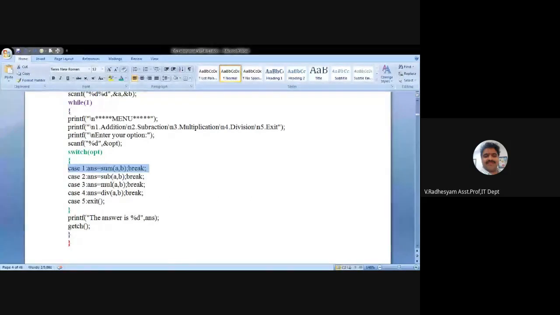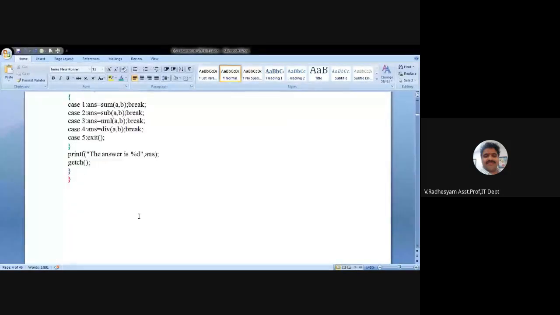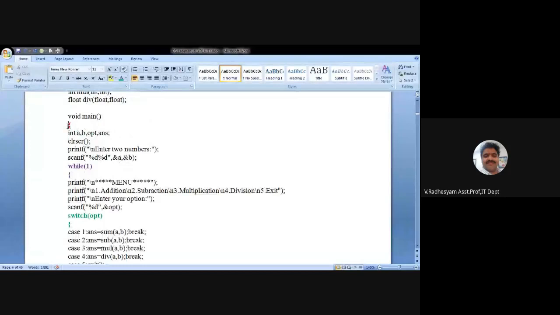Here you have chosen option 1, so this will be activated. A function called sum will be activated. Then the cursor moves from this place to the place called sum after main. That means this red color is the start of the main, this red color is the end of the main. I told you, right?